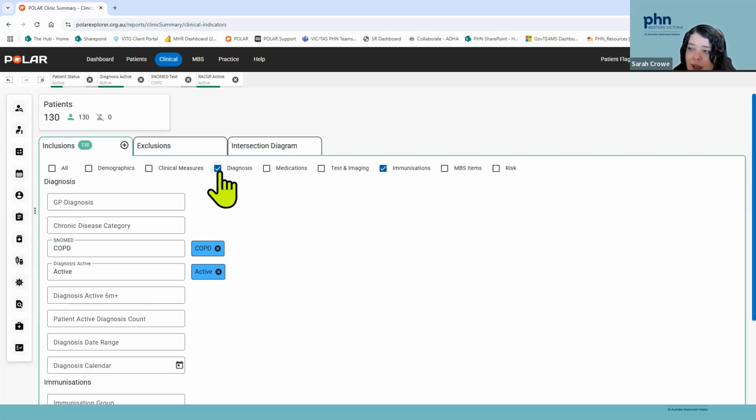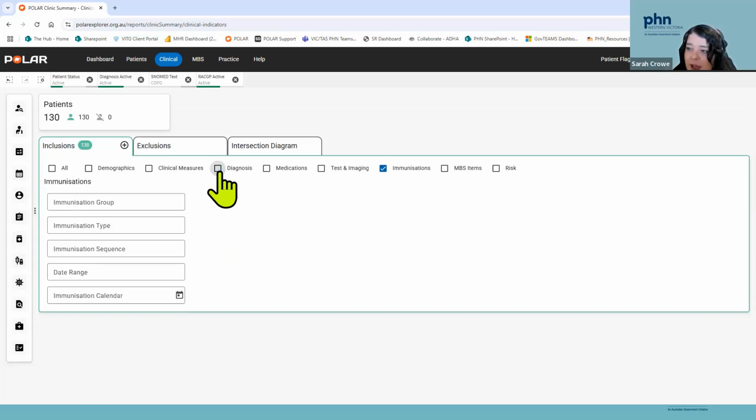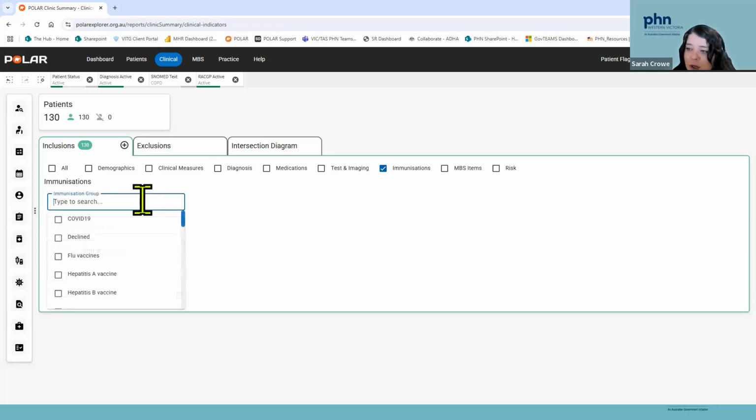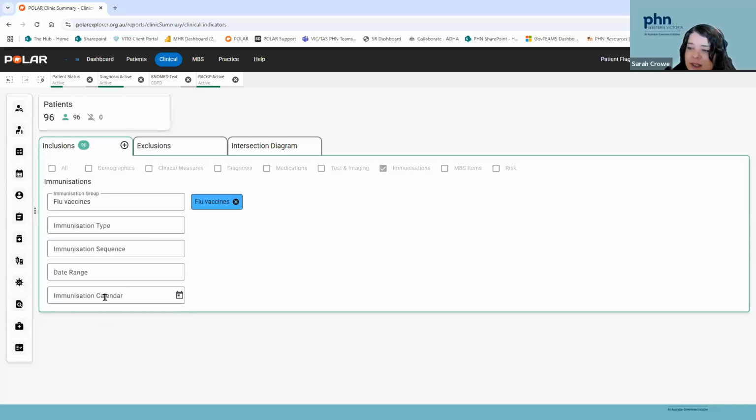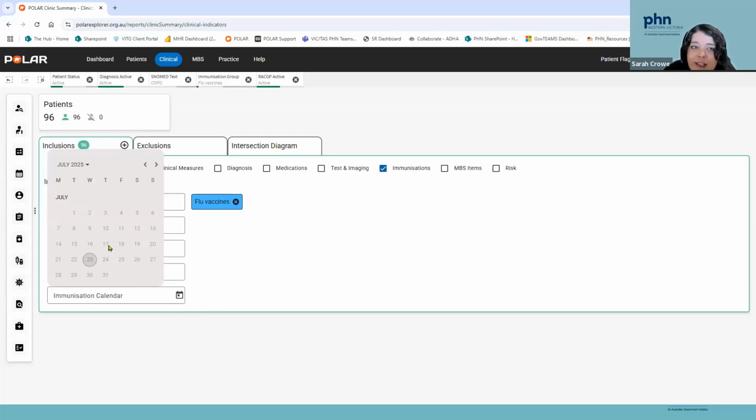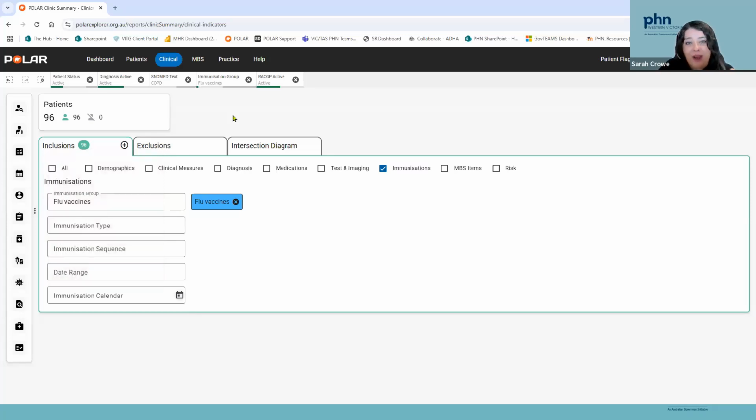There we go. And I want to know how many have had a flu shot. Give it a tick. And then I would select my calendar date range. It's always going to show me here what my number of patients are. Now, it's not relevant for this activity, but I do want to show you at any point, if I want